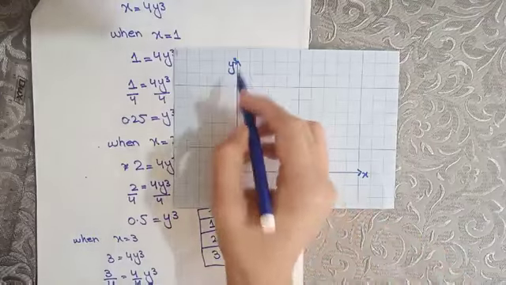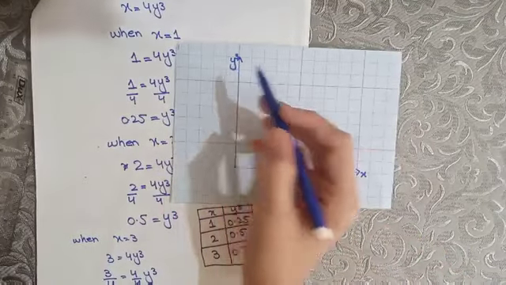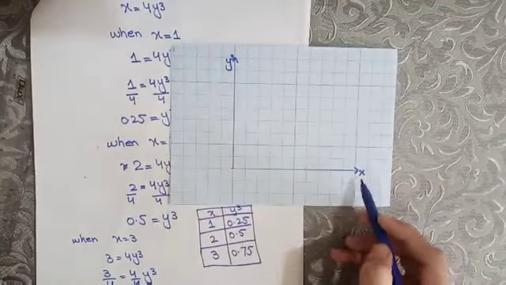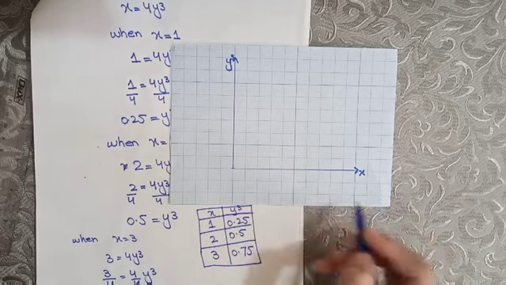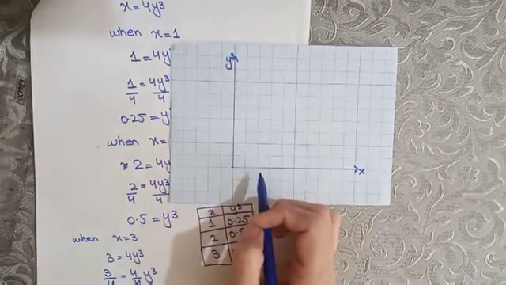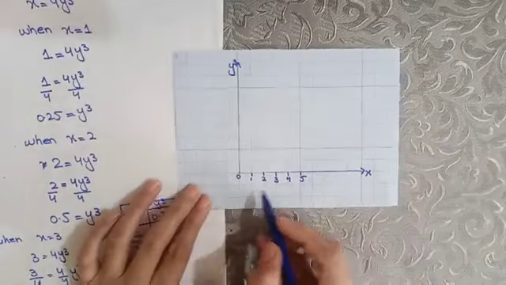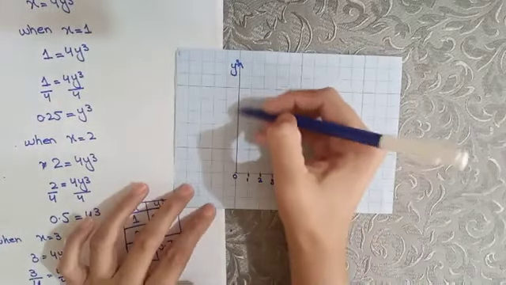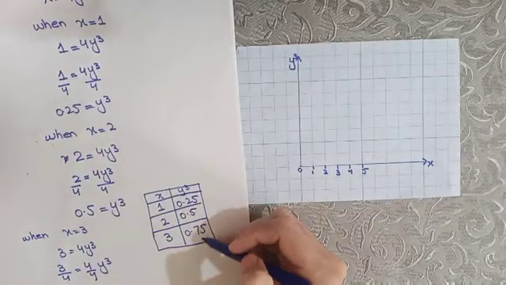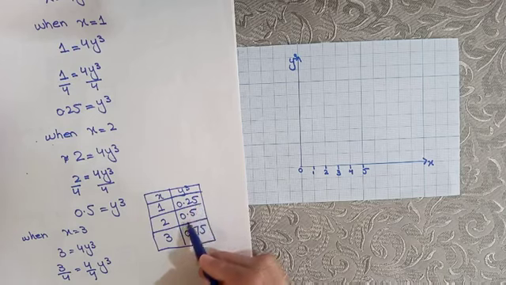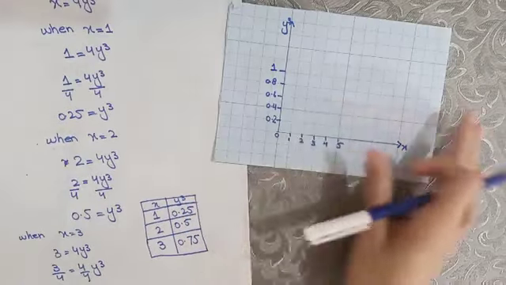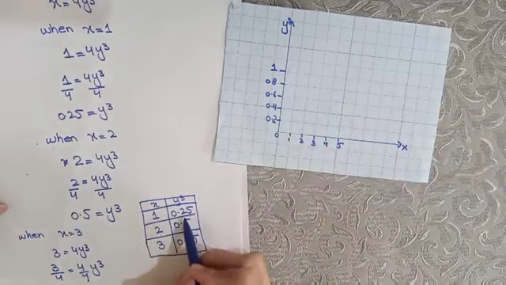Draw the graph. Vertical is the y cube axis, we know y axis, but here it is y cube, and horizontal is the x axis. Now put the values on the x axis and y cube axis. One box is equal to 1. Here we will take the values of y cube according to the difference of y cube's values, 0.25, 0.5, 0.75. When x is equal to 1, y cube is equal to